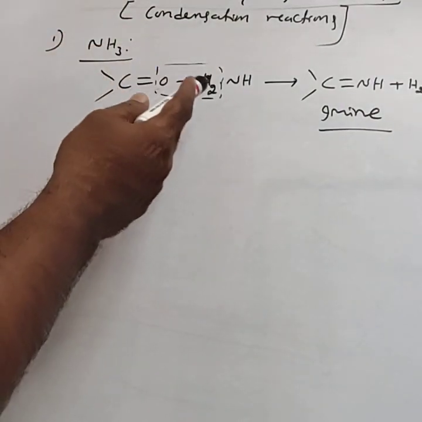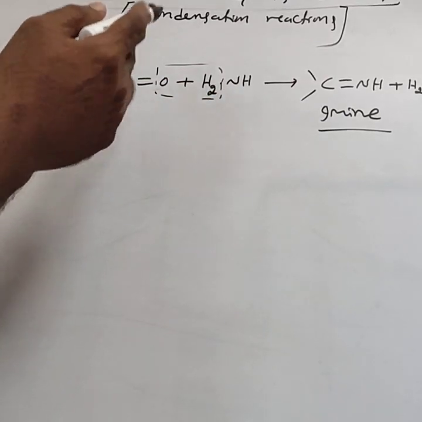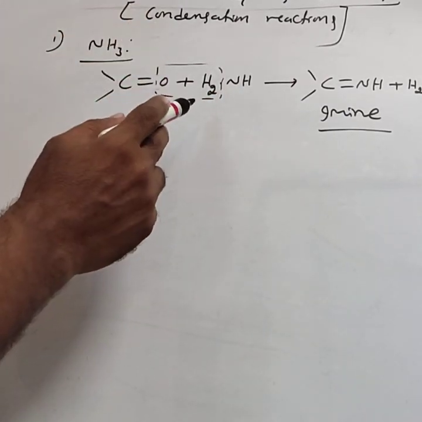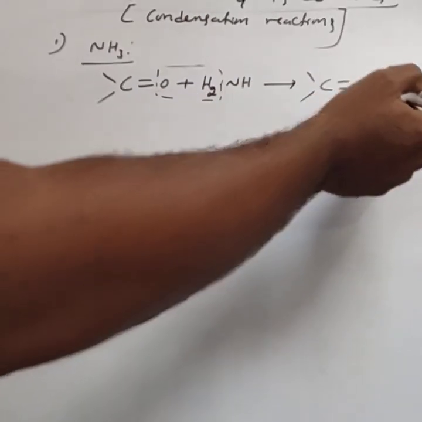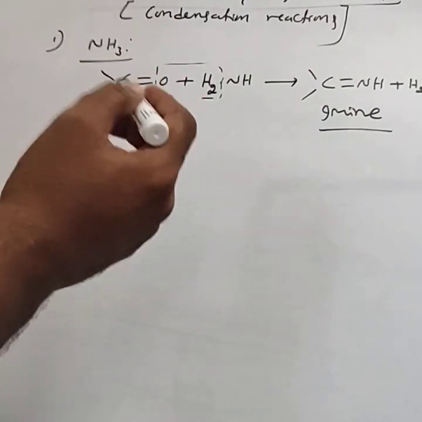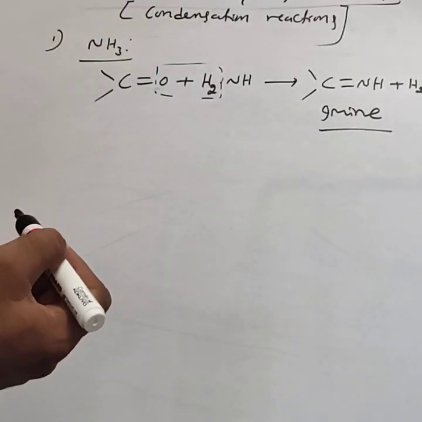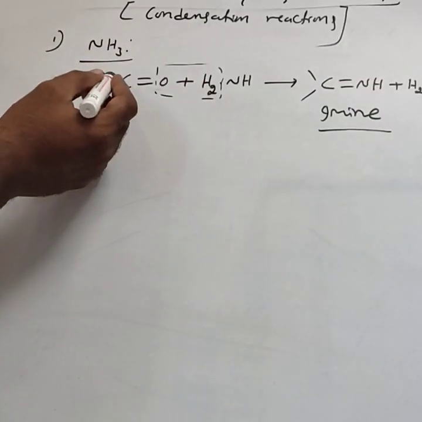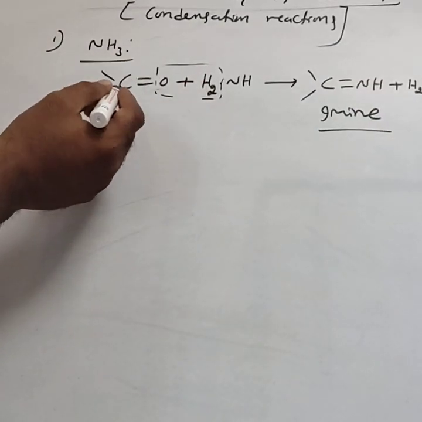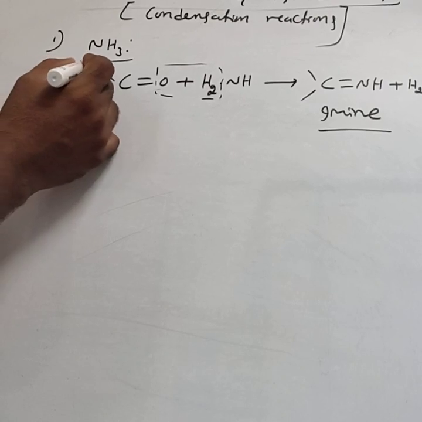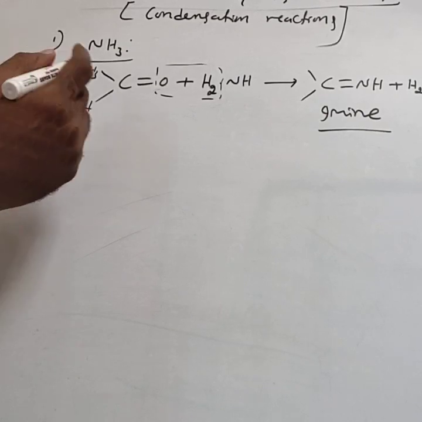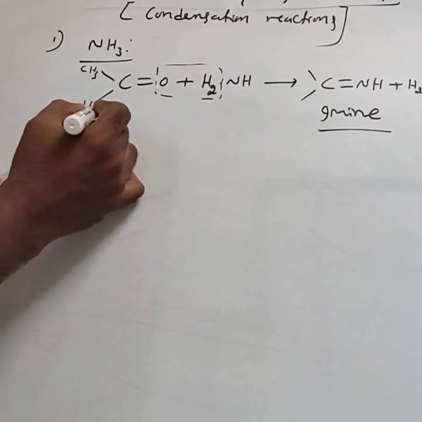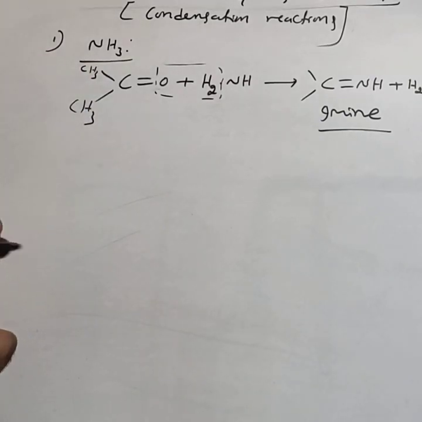Actually, in your NCERT textbook they have not mentioned the reaction. They just give a tabular column, and under it just the product formula. In the annual exam, they can ask the reaction also, so this is the reaction. If they consider formaldehyde, commonly acetaldehyde, then here you replace one valency with CH3 and the other with H. This is acetaldehyde. If they consider acetone, then one has CH3 and the other also has CH3. These are the examples. This is about the reaction with ammonia.